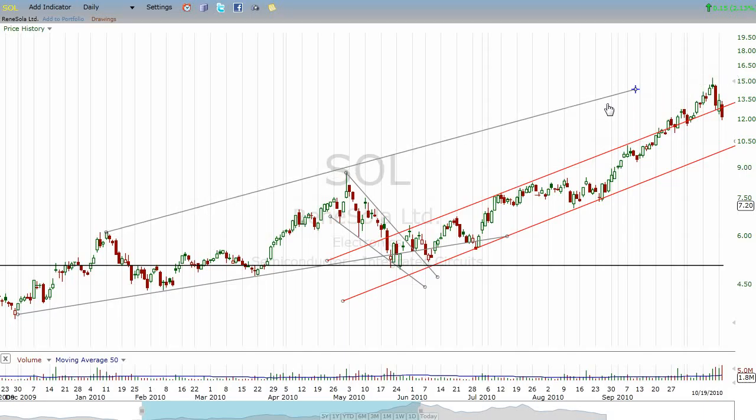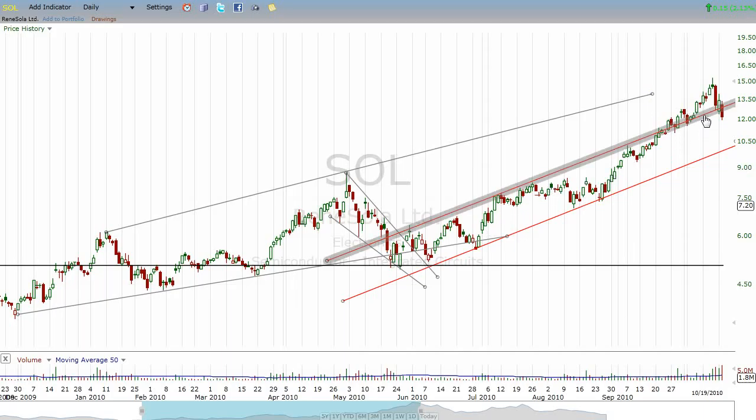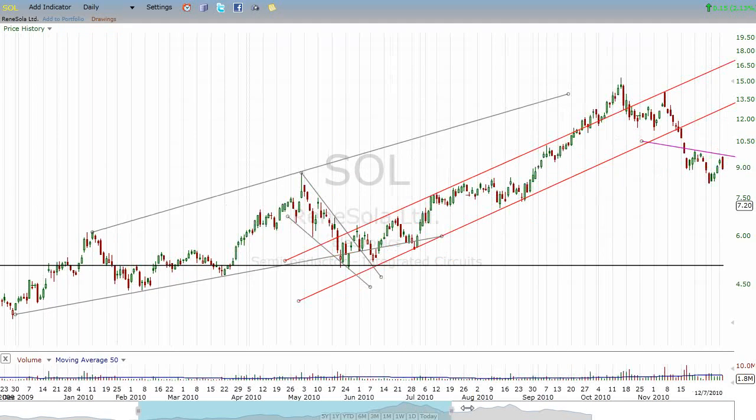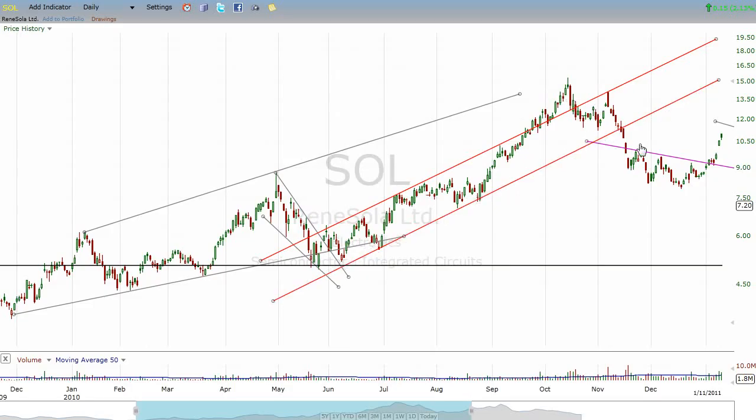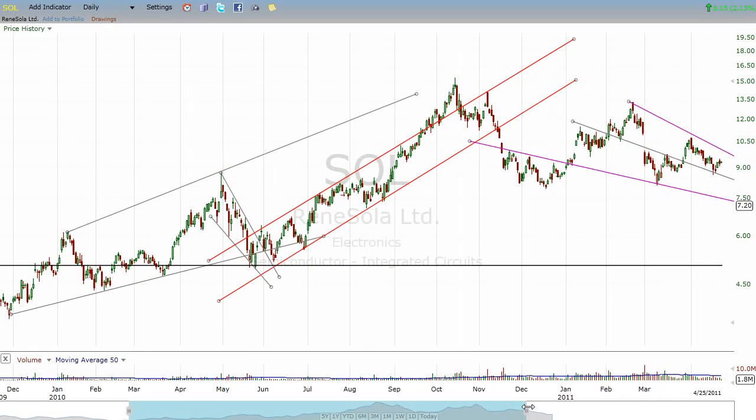Sometimes when you get an upward channel and then you get a move that comes up out of that resistance line, sometimes that's setting things up for the end of that channel. It's almost like, call it a climax top or a blow-off top or something like that. So what has happened with Rensselaer since? Well, it's been a dog.